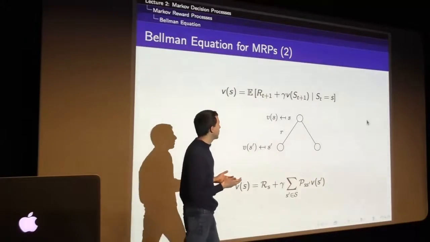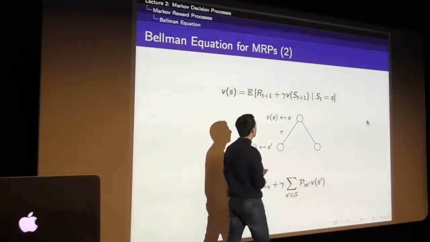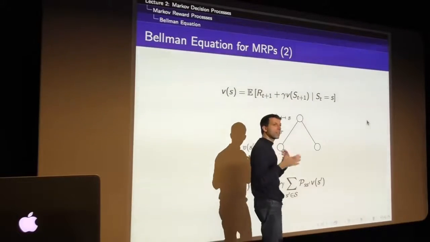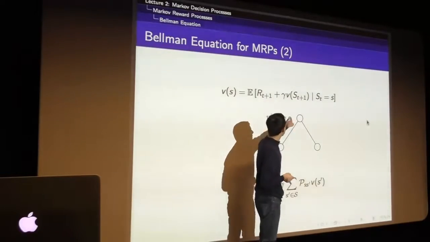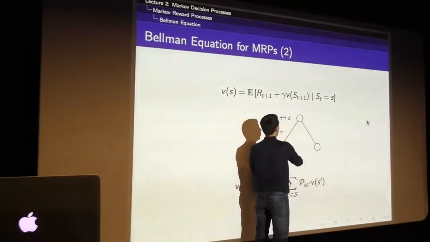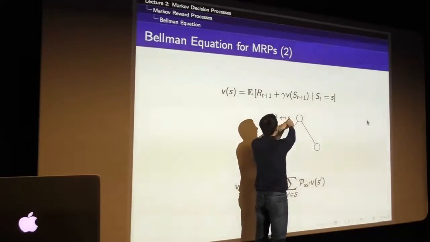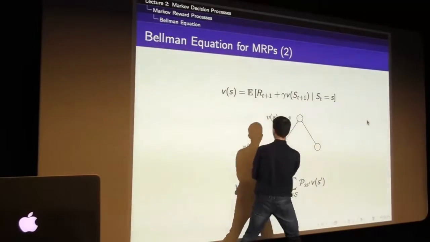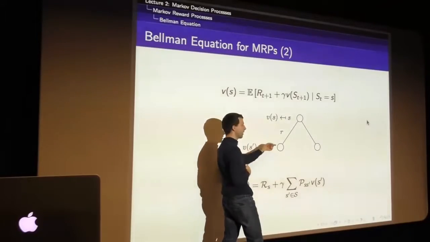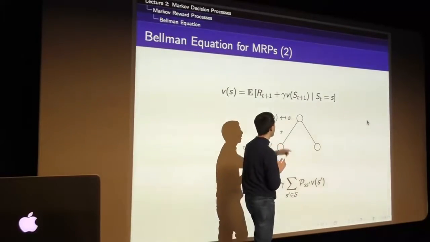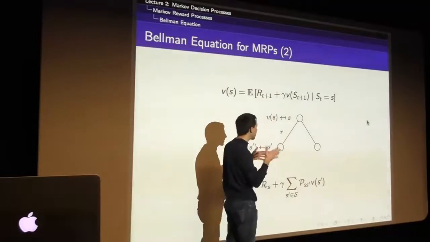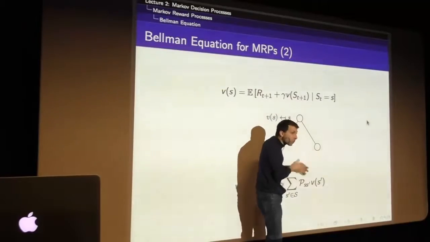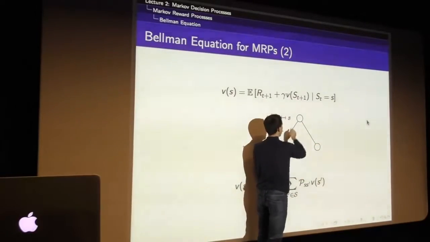One way to understand this is by using what we call backup diagrams. You can think of this as a one-step look-ahead search. We start in this state S, and we can look ahead one step, if you like. This state S leads to a value function of V of S. If we go down to S prime here or here, we're going to have a value function that's V of the successor state. And we're going to get some immediate reward along the way. So we can think of this as a one-step look-ahead tree, where you start in this state, look ahead one step, and integrate over the probability of each of these